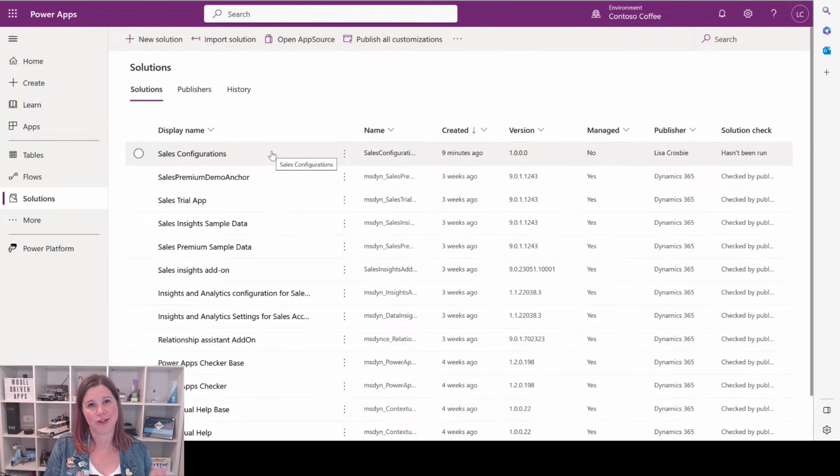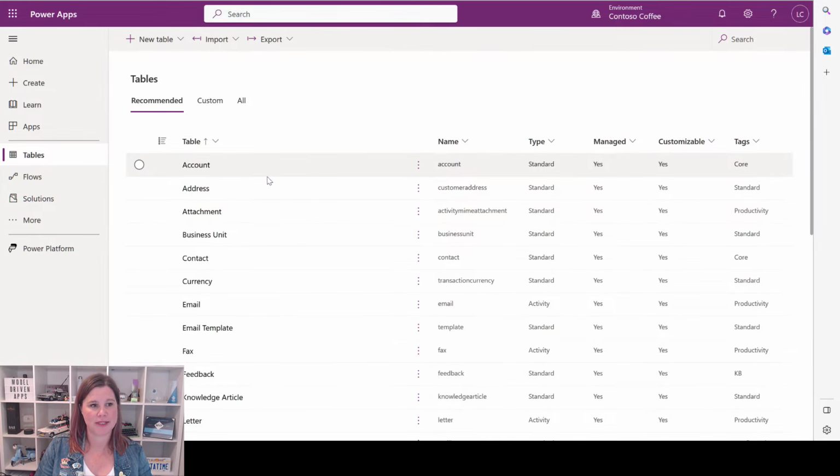As we start to add new pieces into our application here, one of the most important things to understand first is what comes out of the box, because the Dynamics 365 sales application has a lot going on already, and it's very important to be familiar with what's already there so that you don't just go creating additional things that are already there. You can configure and use the pieces that are out of the box, rename them, move them around. The account table itself has like hundreds of different columns there, not just what's on the screen. So let's go exploring. If I go back into tables here